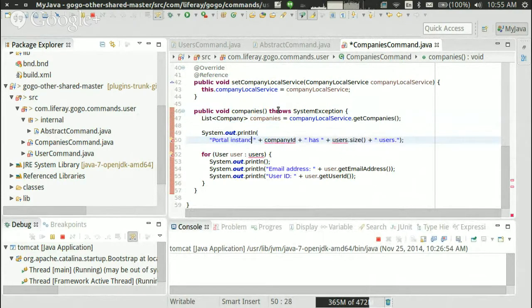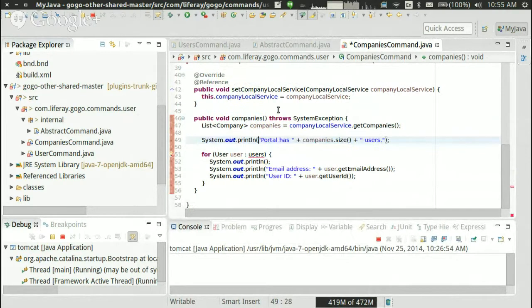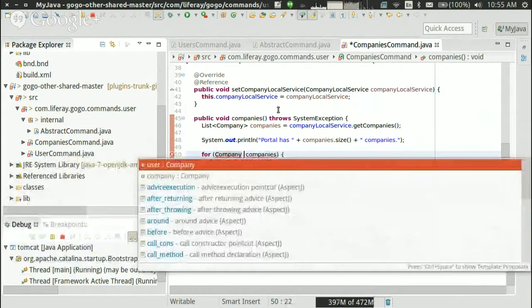And I'm going to say portal instance has... I'm going to change the instance to deploy just portal, just to not confuse it. Okay, so portal has this many companies, and I'm going to change this iteration. Companies, companies, company name,